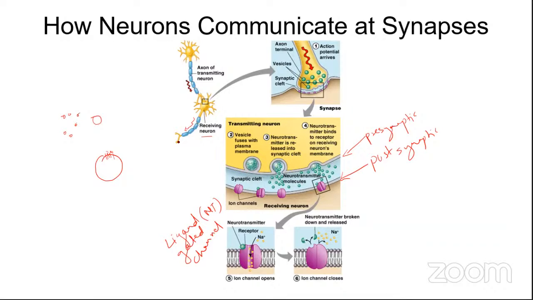Don't you think that this is a valid question to ask? Because as long as the neurotransmitter stays there, it will continuously remain bound to the ligand gated channel, and it will keep that channel open, right? So more and more sodium ion will rush in, and more depolarization will take place. So this action potential will be a continuous process, right?